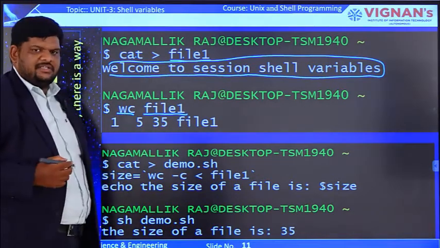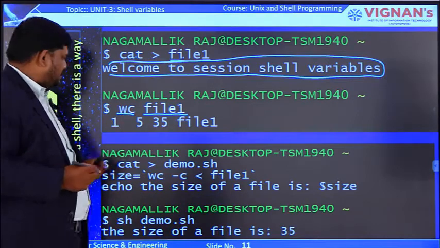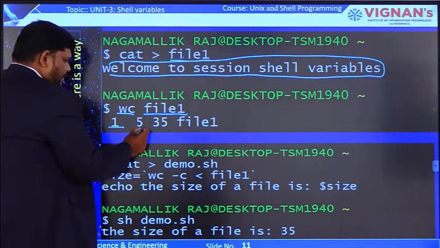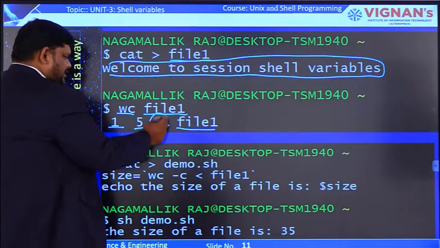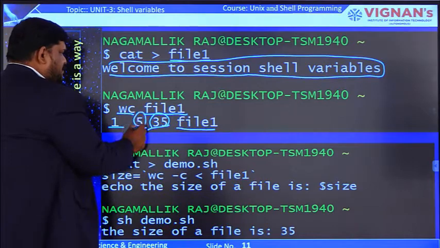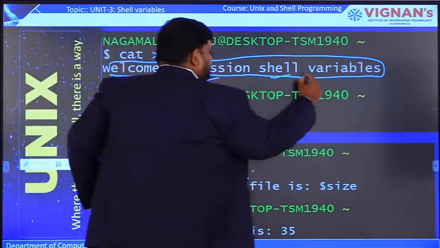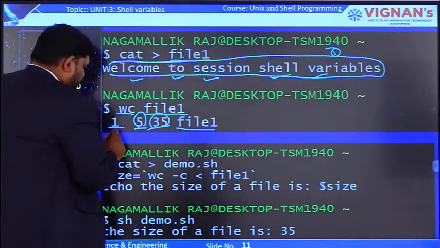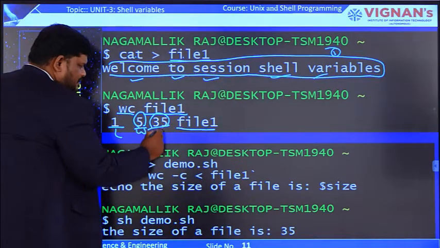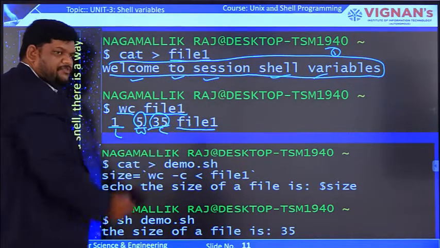We know what the output is. wc means word count. How many lines are there? How many words are there? How many characters are there in that file? So this is the output. We know a total of 35 characters are there, 5 words are there, 1, 2, 3, 4, 5 words, and only 1 line. So this is the meaning of number of lines, number of words, number of characters. This is the file name.